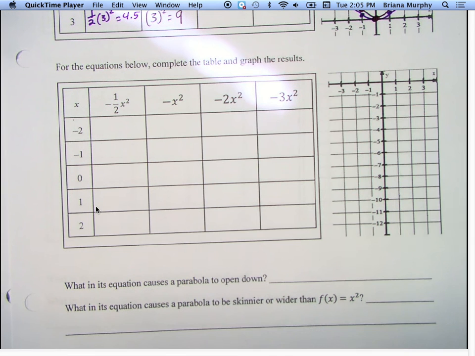Okay, so we're going to pause. We're going to let you work on this. And then we are going to come